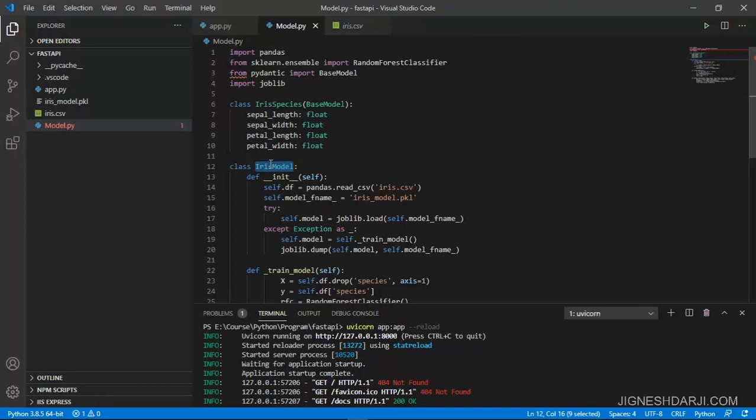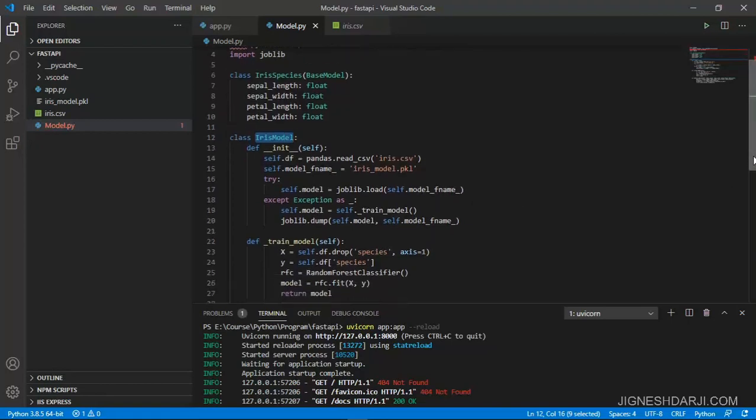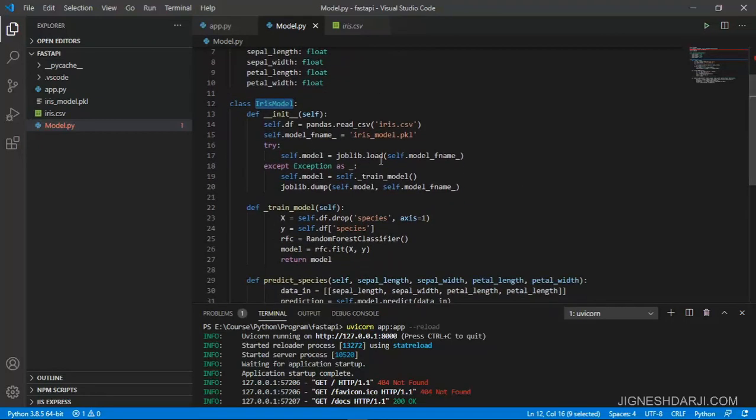And inside the model.py you can check the IrisModel, which we already understood: how it works, how the training data works, and how the species prediction works.